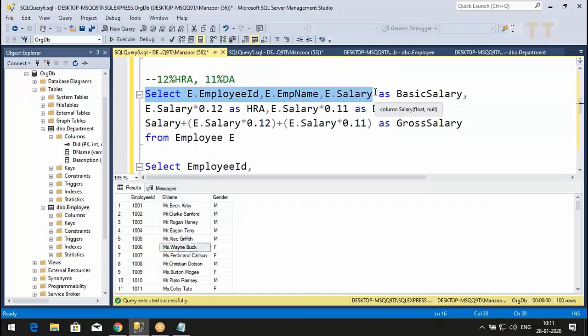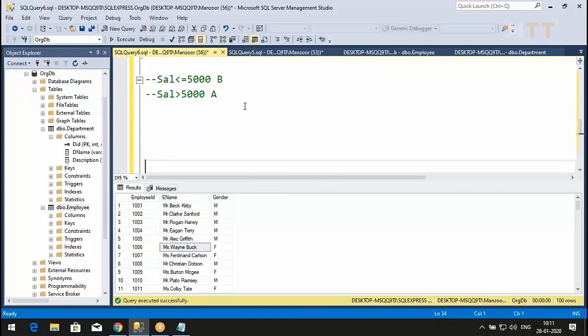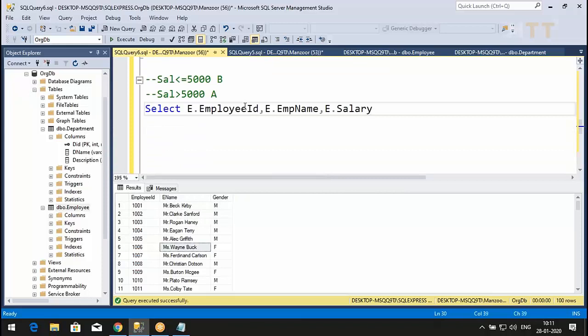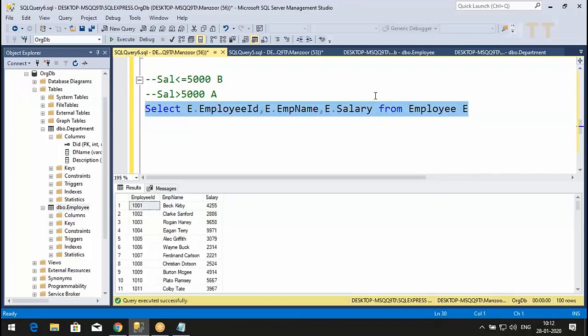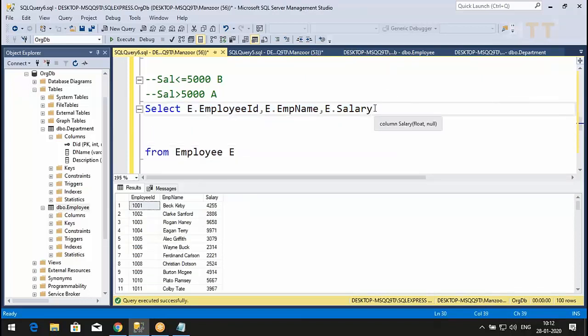I'll select these three things from employee. I have employee ID, employee name, salary. Now I want to display grade. I want one more column here. Salary I want as is. Now I'm generating a derived column based upon existing value. Based upon existing value. So I'll say case